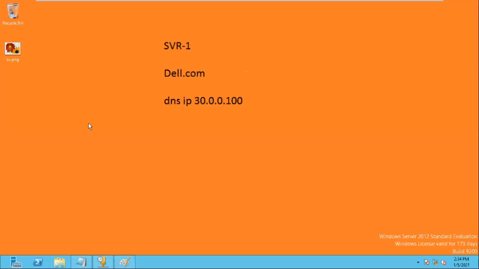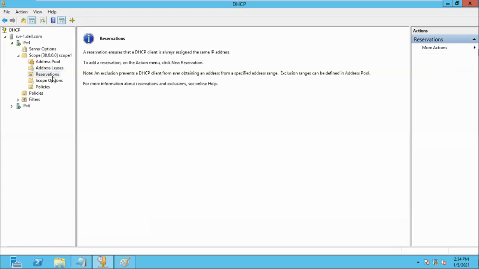You already know a reservation ticket: flight ticket, train ticket, bus ticket. What do you mean by reservation? The person is not physically there, but logically the person is available on this seat. People reserve a table in a hotel too. Same thing here, reservation of the IP address. With the help of reservation, DHCP provides a fixed address to the client system. Clear? So how? Go to the reservation.